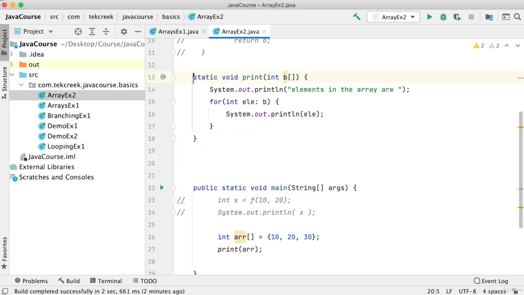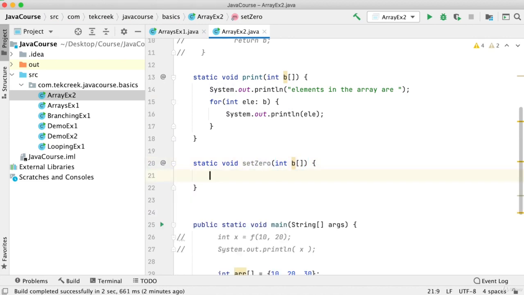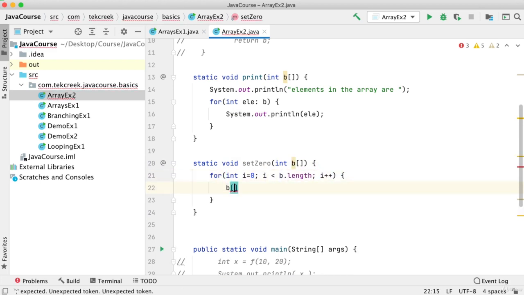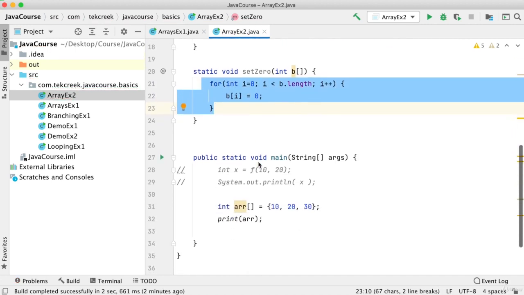I'm going to write a function, let's say set0. And what I will do here, I will take an integer array, for i less than b dot length, i plus plus, b of i is equal to 0. Now will this affect the original array?